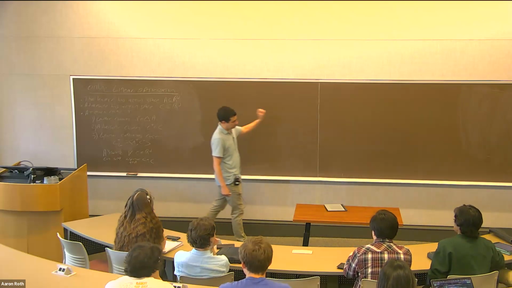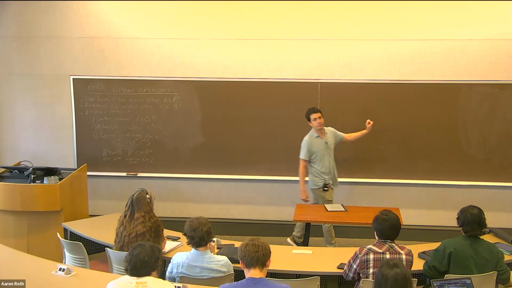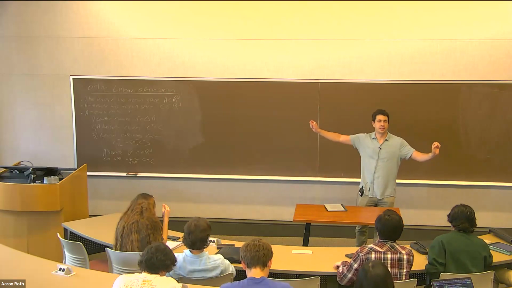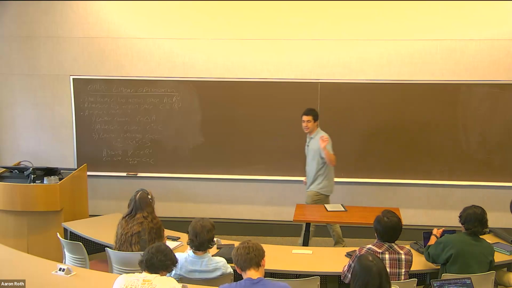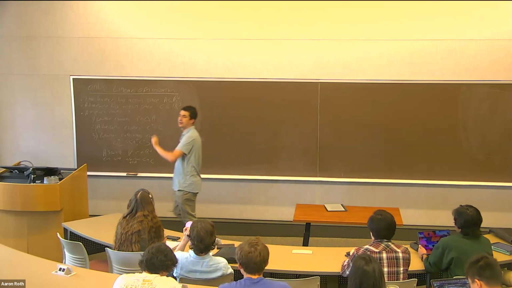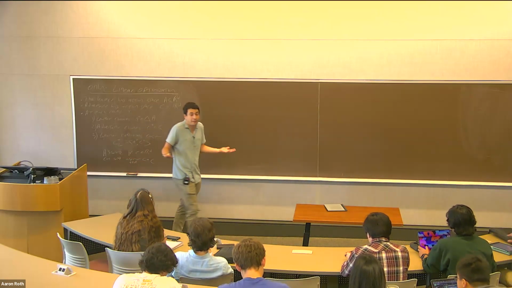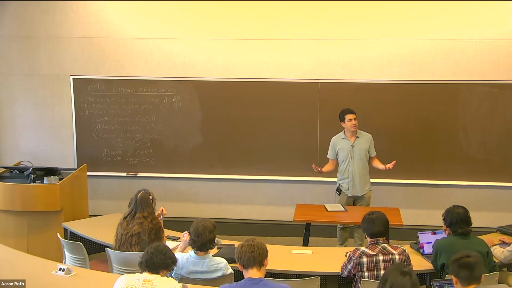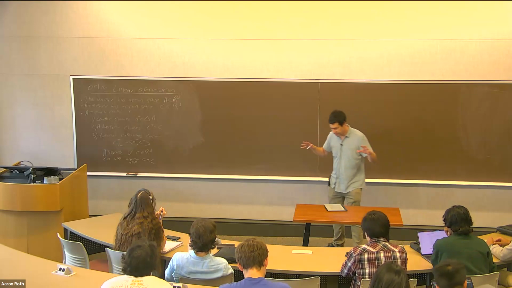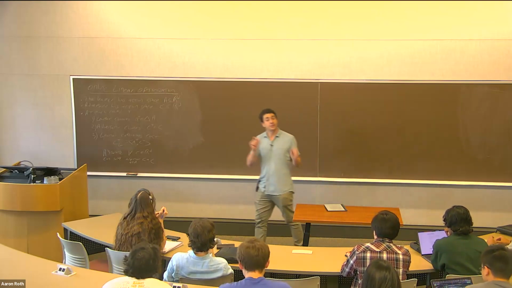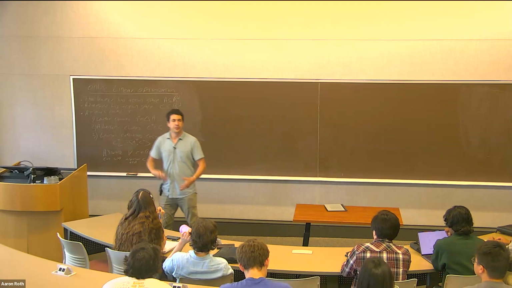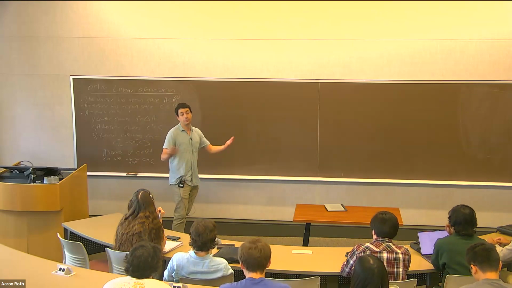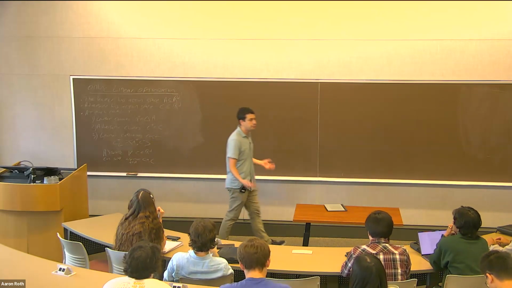I start at some node in the graph S. I want to get to some node in the graph T, and the set of all paths between S and T in the graph are feasible actions for me. Okay, so this is a really huge action space. The number of paths between two vertices in a graph could be exponentially large in the number of vertices in the graph, for example. But